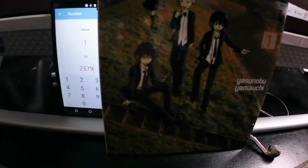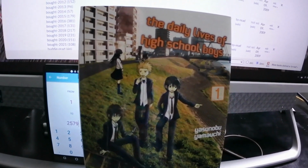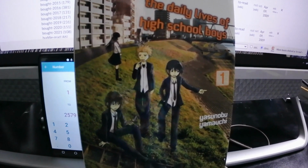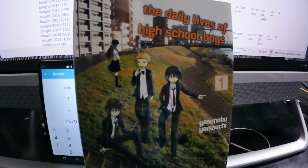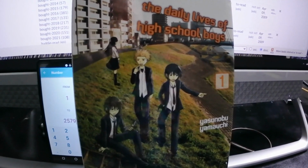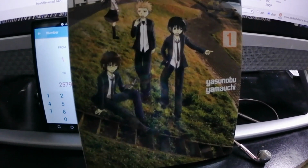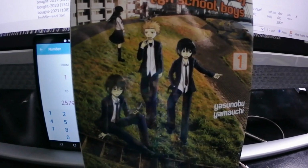This is a very easy read. I read quite a bit of it last night before I went to sleep, and it's kind of stupid, to be honest. And I was just so tired last night. I'm sure a lot of it didn't hit as comedic as it probably would have if I wasn't so tired, but just working on this computer has been exhausting, and my vacation is ending